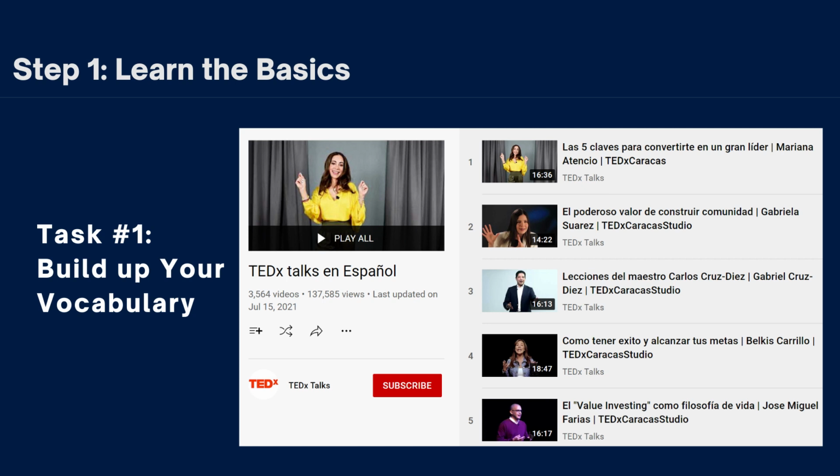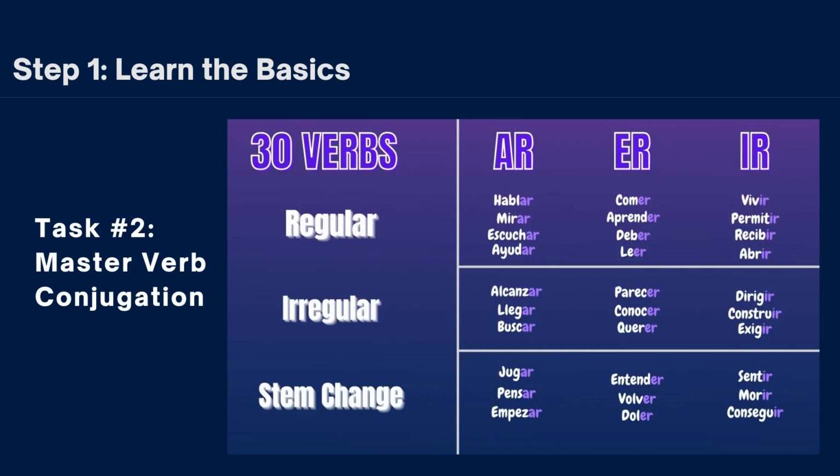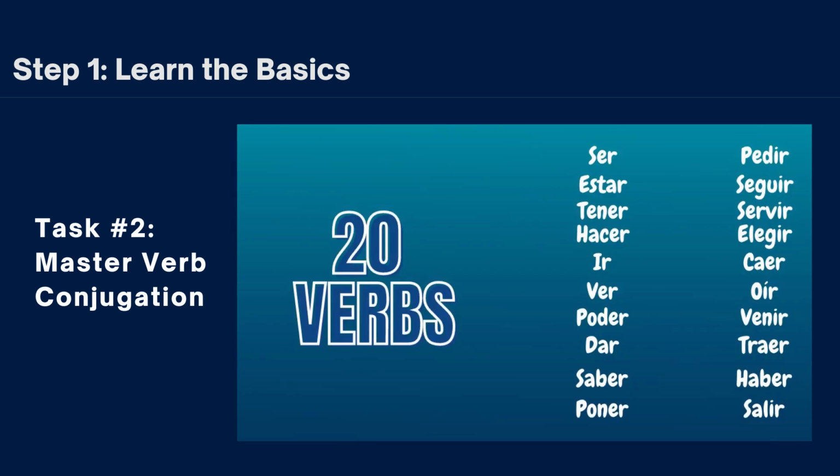Now, to start learning verb conjugation, you must first know that there are AR, ER, and IR verbs in the Spanish language. There are also regular, irregular, and stem-changing verbs. However, the short irregular verbs in Spanish are the most common and most important. This is a list of 20 of these irregular verbs that you should try mastering: ser, estar, tener, hacer, ir,